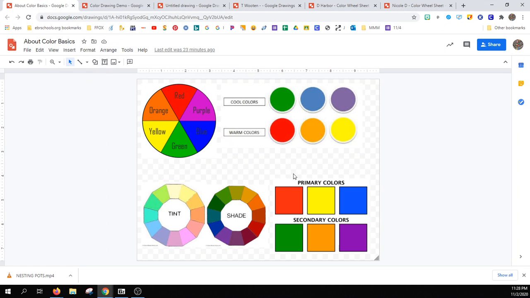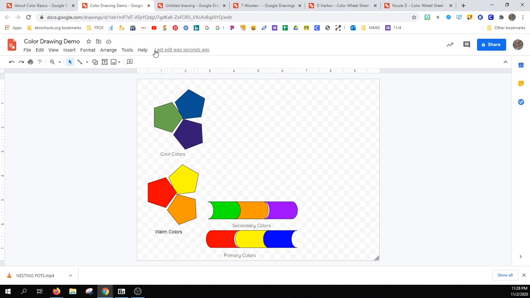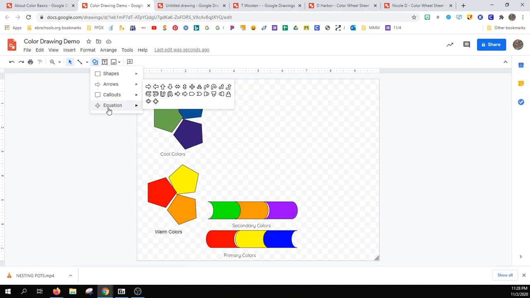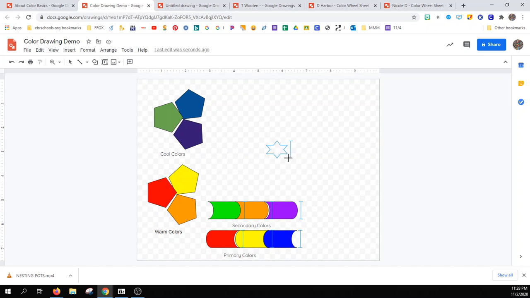All right, so we've got our primary colors, secondary colors, warm colors, cool colors, and we need our color wheel. We're still missing the color wheel. Let's see, do we want to try arrows? Those aren't very interesting. Let's try, maybe this little shape is kind of fun. All right, so one, remember click, hold, click, Control C, Control V, 2,